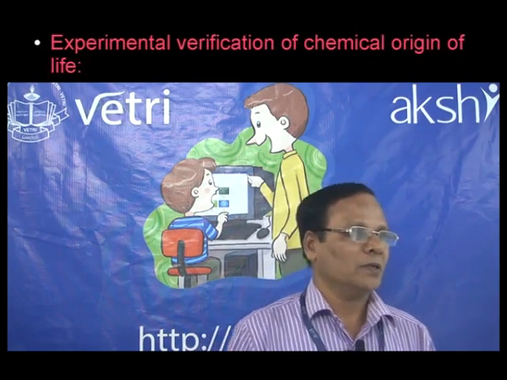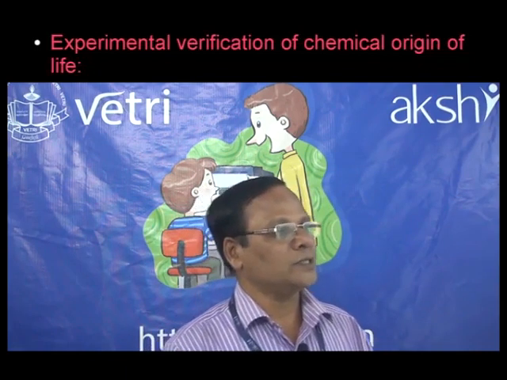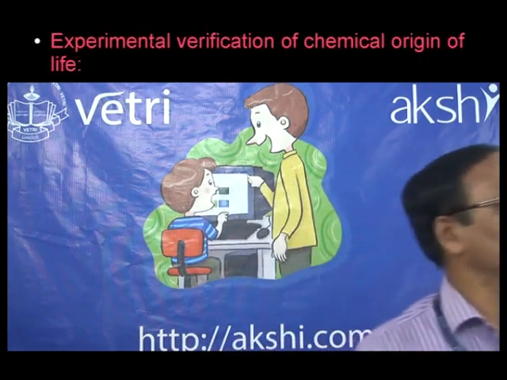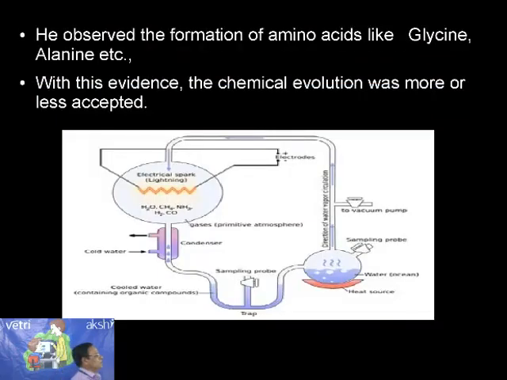The same way, we want to provide energy for the union of different components. He provided electric discharge in a closed flask. See here, it is the electrical discharge that provided energy for the union of various molecules. It sent in molecules like ammonia, a hydrocarbon like methane, hydrogen gas, and also water